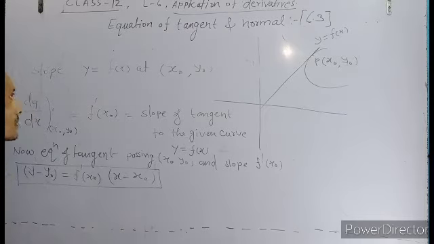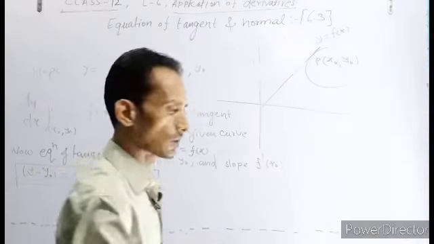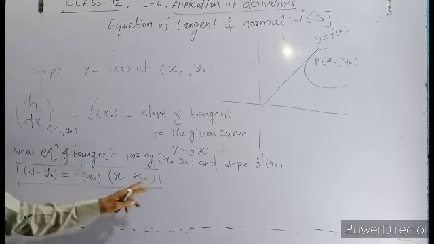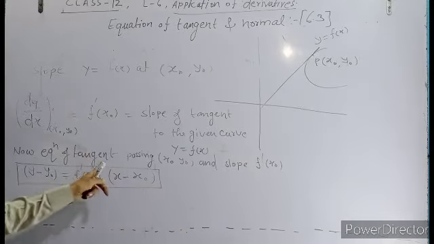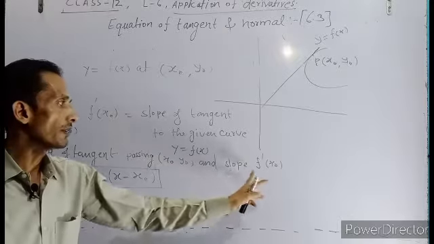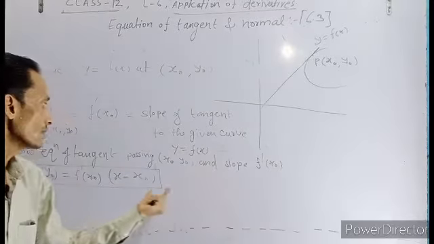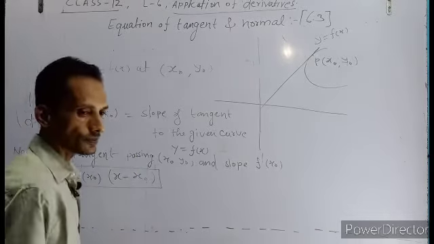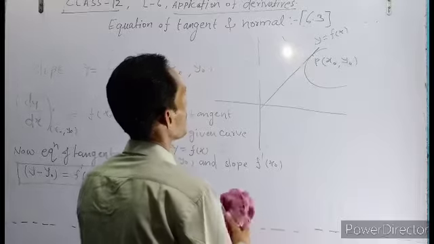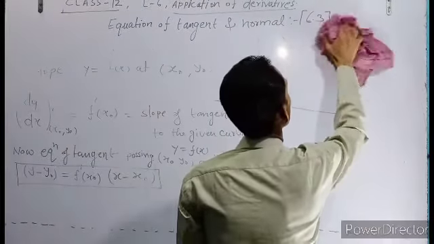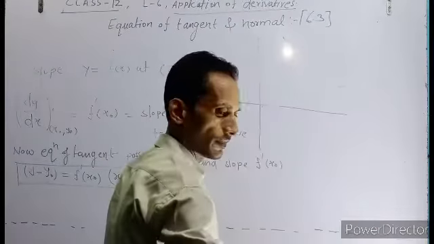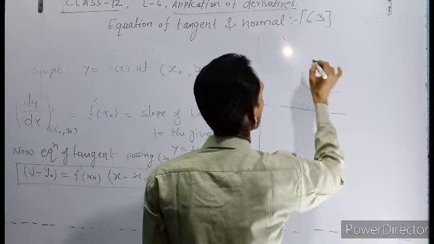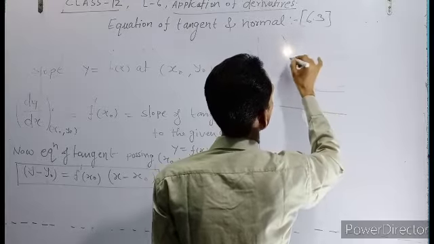Suppose that the slope, that is f dash x is the slope and that is the point y0 and x0. So equation of a tangent passing through this point and having slope this one. So that is also a representation of an equation of tangent. Suppose that they give the equation of tangent in this way. If the tangent is parallel,